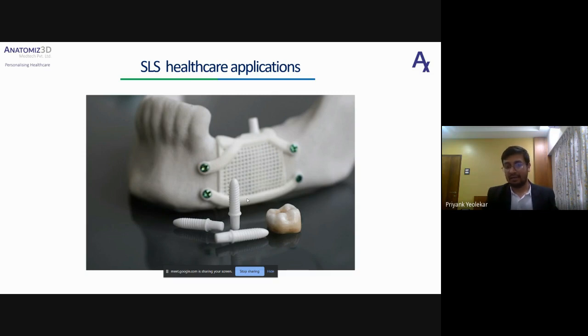Definitely, among the broad categories where this can be used, one is cutting and drilling guides. All the cutting and drilling guides are majorly printed in SLS technology. The two main reasons for that are, the first one I have already mentioned, that it is biocompatible.